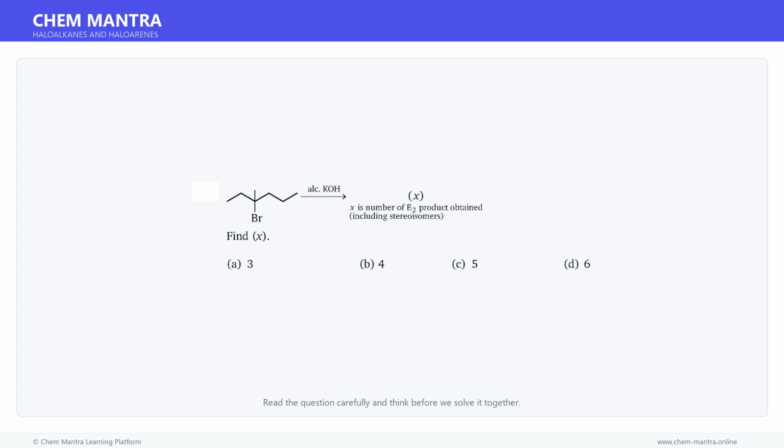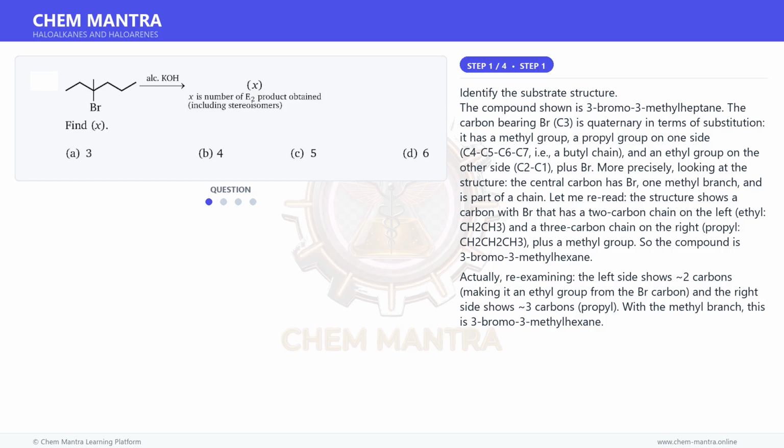Here is a question. Read it carefully and think about the answer. Let us solve it step by step. Let us begin solving this step by step. Identify the substrate structure. The compound shown is